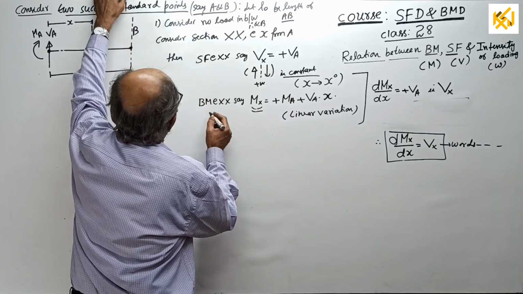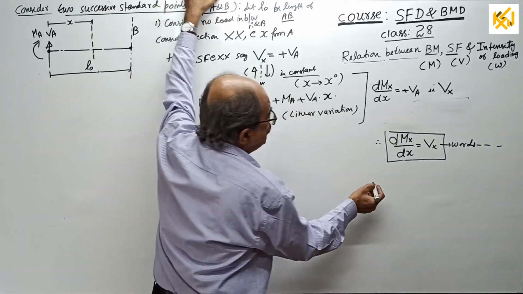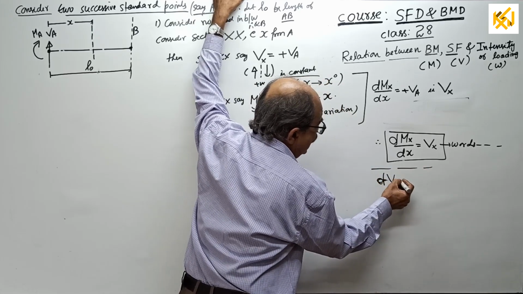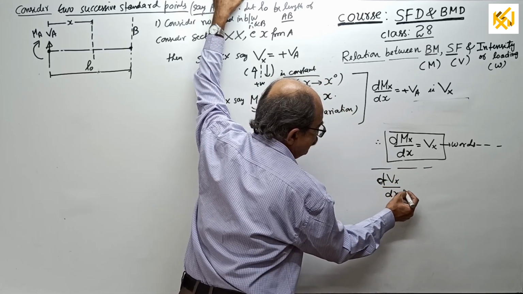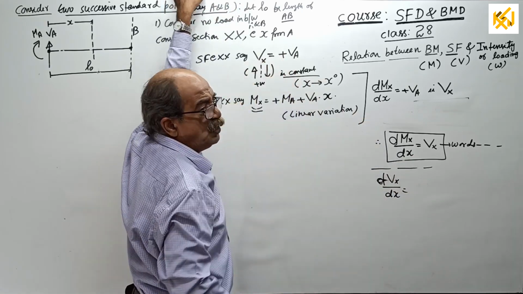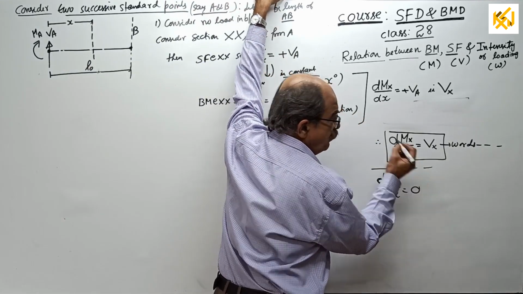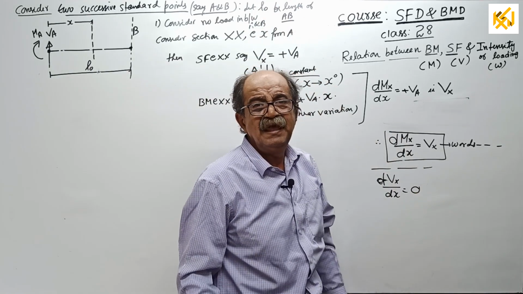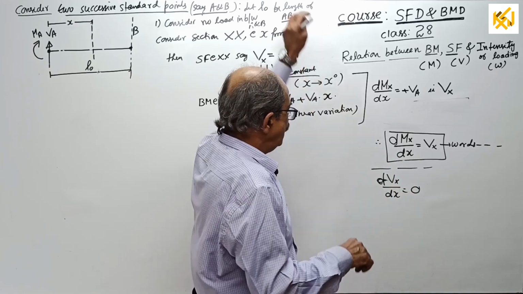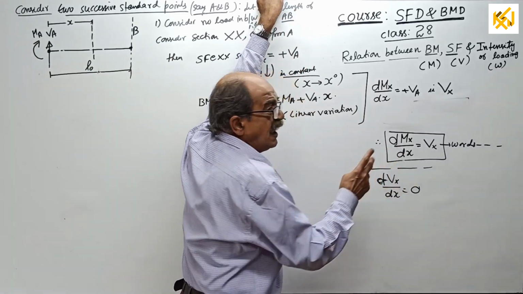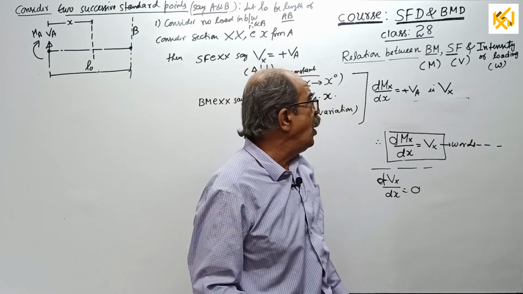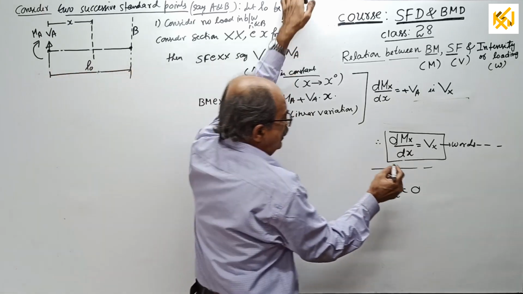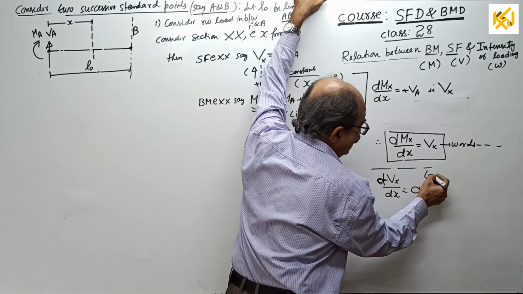Okay, now this is cut. Now do one thing. You just for fun differentiate this one case. Find what is dVx by dx. Differentiate shear force also with respect to x. You get 0. Correct? We get 0. Now 0 means what? Later you can understand. You will get dVx by dx as intensity of load. Or see here, between A and B there is no loading. You will understand later why I am writing.